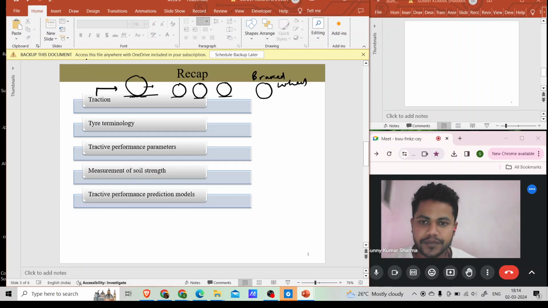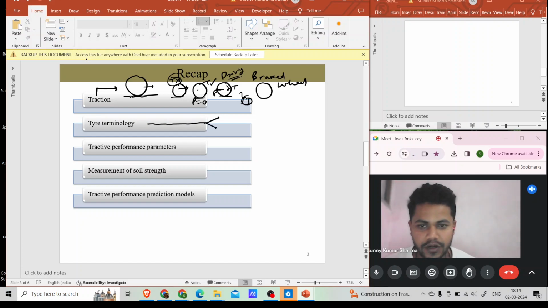The first one is towed wheel. A towed wheel is a wheel on which there is no torque applied. Only some force is required to move this wheel. Second one is self-propelled wheel, on which there is no pull, means pull is zero here, and some torque is applied. Third type of wheel is driving wheel, in which there is some pull and there is also some torque applied. These are things we discussed in week one, and then we discussed the tire terminologies,